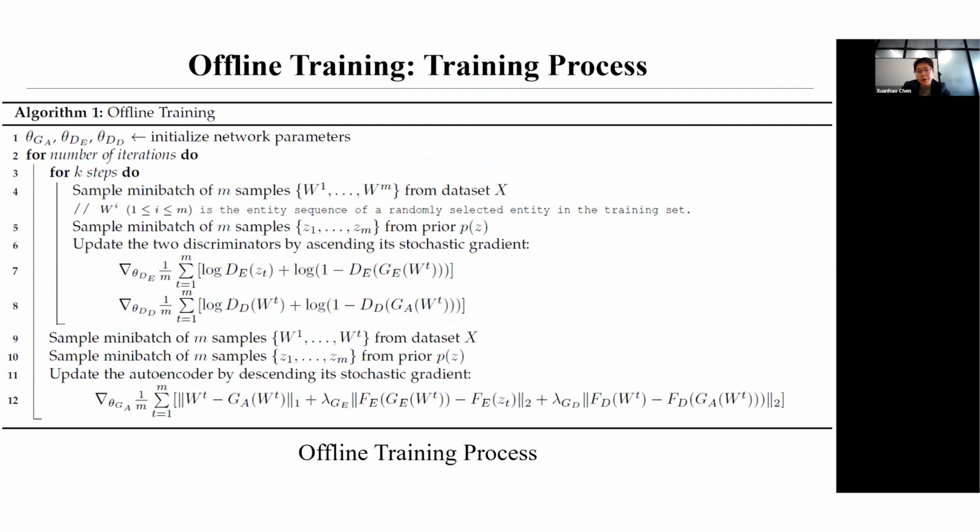The training process is shown in the figure. Since there are two discriminators in our model, the encoder and the autoencoder can be regarded as two corresponding generators. We can train our model by a two-player min-max game. In each iteration, two discriminators are trained for key steps. One discriminator is used to guide the posterior distribution to match a prior distribution. At the same time, the corresponding generator tries to fool the discriminator. Another discriminator is trained in a similar way.